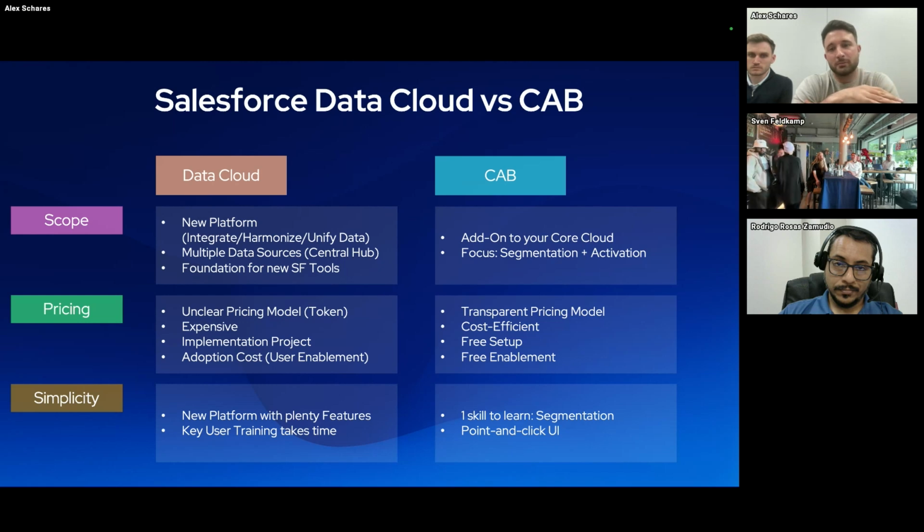Our focus is talking about audience management and segmentation. That's also just a fraction of the functionality of Data Cloud. And it takes time until the key users have adopted and know how to use the Data Cloud. Campaign Audience Builder, on the other hand, you need to learn one skill. This is segmentation. And on top of that, it's built in the SLDS Lightning user interface. It's point and click, and this is our main approach to have it as easy as possible for the end